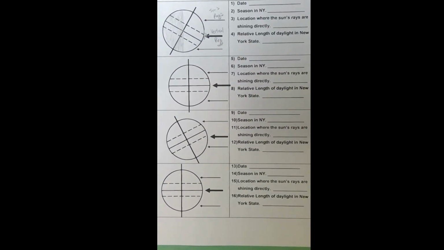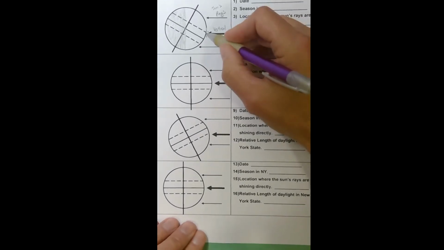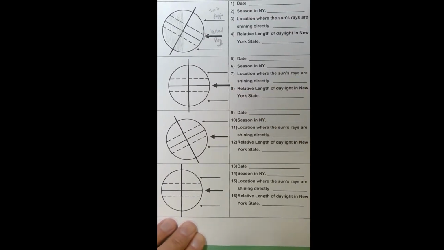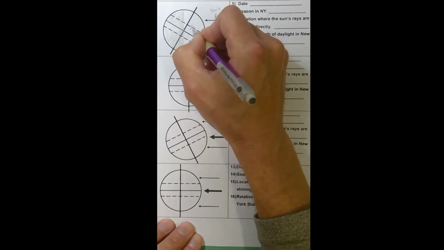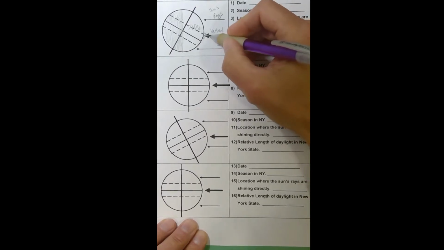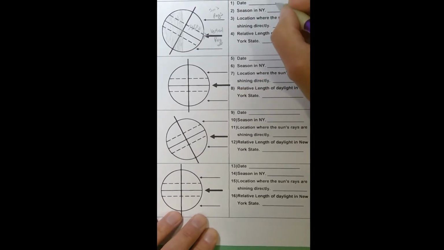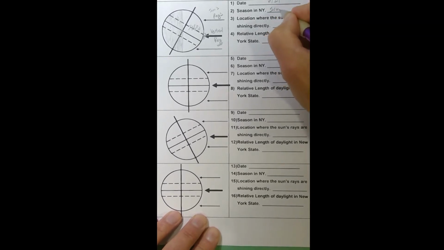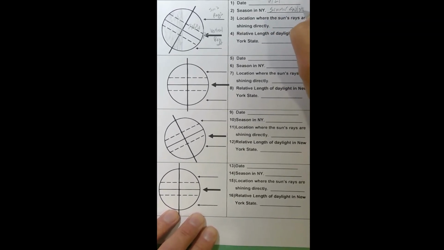When I'm looking at this diagram, I see that the vertical ray is hitting this line, which is 23.5 degrees above the equator. So that line is 23.5 degrees north. So the season when the vertical ray hits that line is definitely going to be the summer solstice. So this one is going to represent 6/21. It's our summer solstice, and the sun is shining directly at 23.5 degrees north, which is the Tropic of